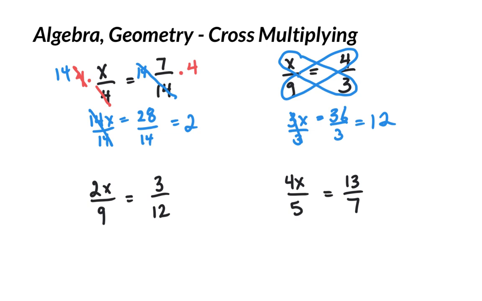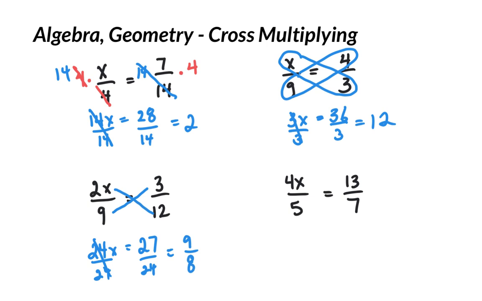So here we do 2x times 12, so that's 24x. And then we do 3 and 9 multiplied, so 27. Divide both sides by 24. Well, this doesn't come out as nice as the first two, but we can reduce this. They're both divisible by 3, so we could say that that is equal to 9/8 or 1.125 if you prefer